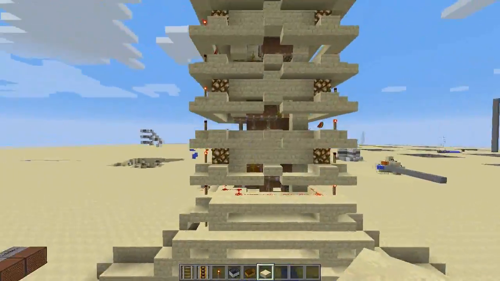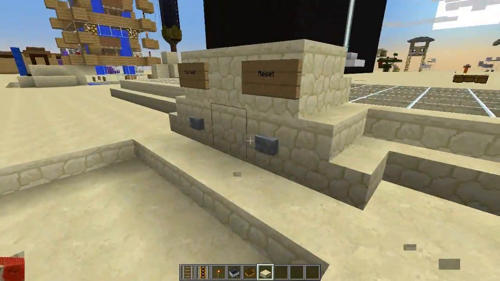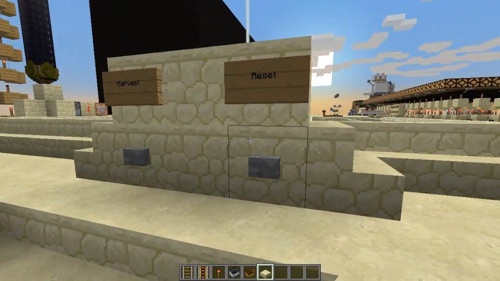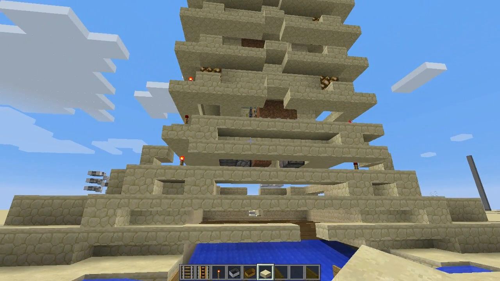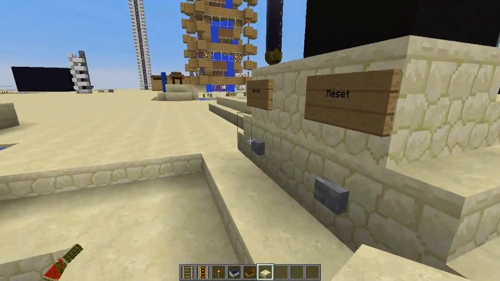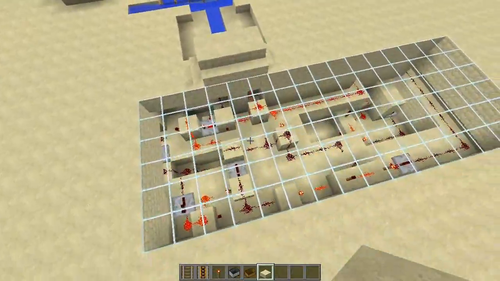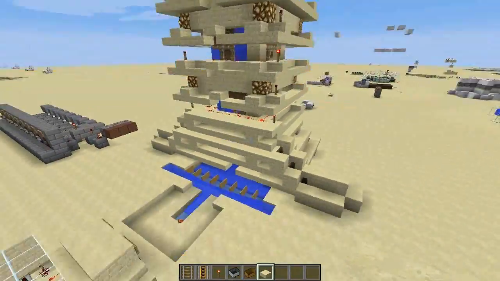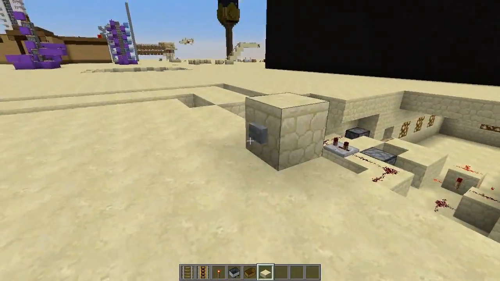This is a really old design for a melon farm. There's actually some melons still down there. There was a button that does nothing. Did I disconnect the buttons? I don't remember. Currently it's not producing anything, and this was like a second version, with a single button